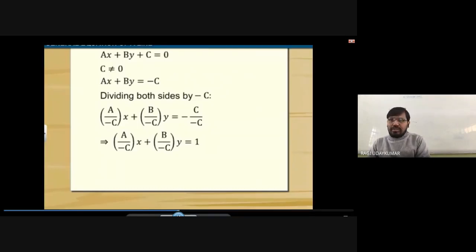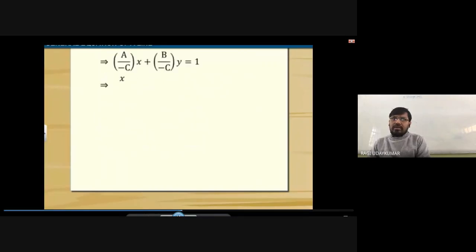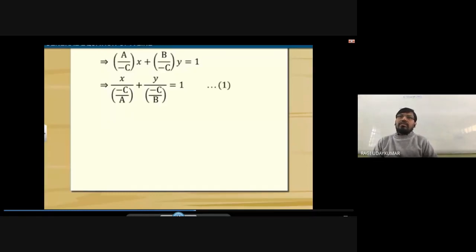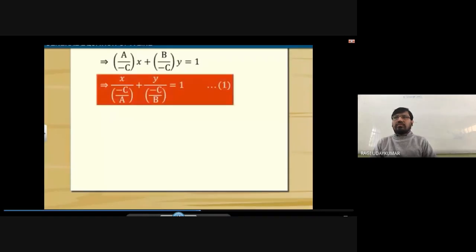So when you take a by c to the denominator, a by minus c to the denominator, minus c by a. So x by minus c by a plus y by minus c by b is equal to 1. Now we got the intercept form of a line. This is looking like the intercept form of a line, that is x by a plus y by b is equal to